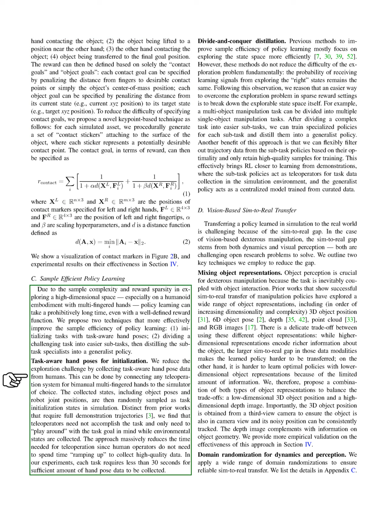Given the complexity and sparsity of rewards in high-dimensional spaces, especially with humanoid robots, learning policies can be time-consuming. We propose two methods to enhance sample efficiency. 1. Using task-aware hand poses for initialization, and 2. Breaking down complex tasks into simpler subtasks and combining their specialized policies into a generalist policy.